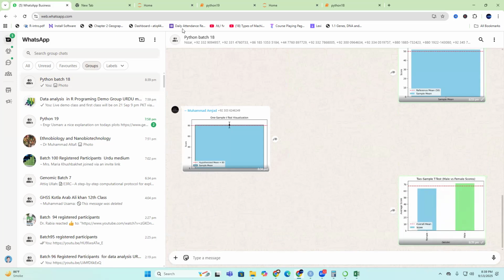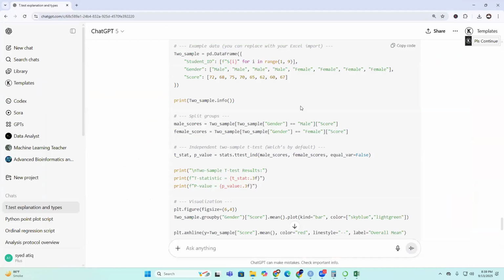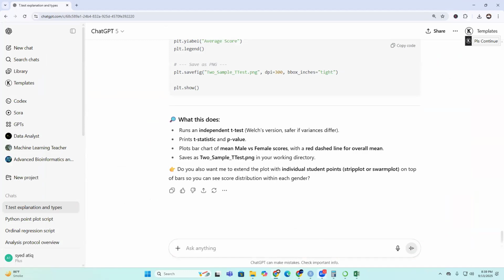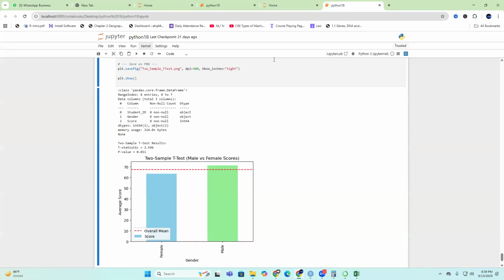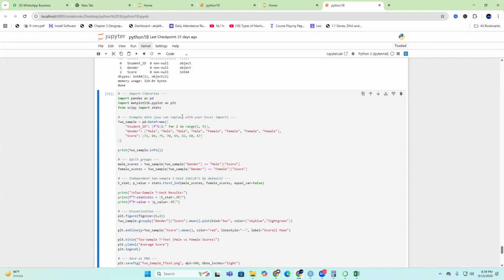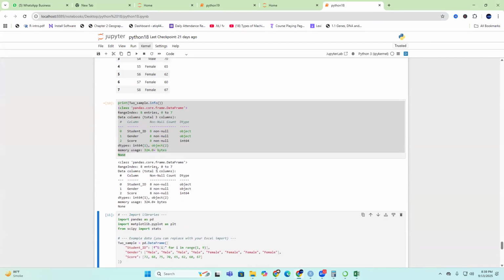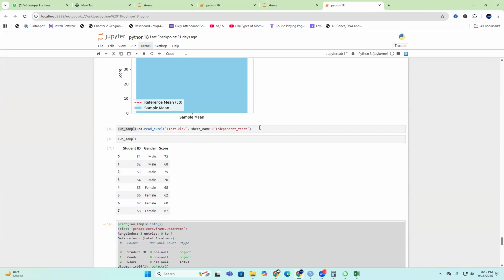Now the next step is the paired sample t-test. For this we need the file for the paired sample t-test. Again, copy the script which we have used to import our file. Copy the script,